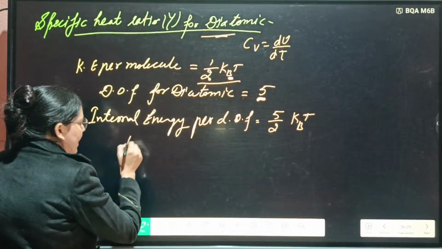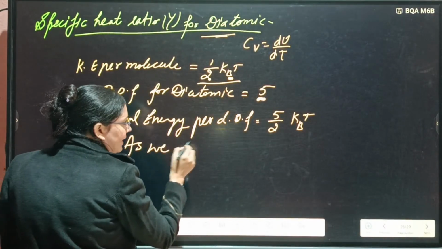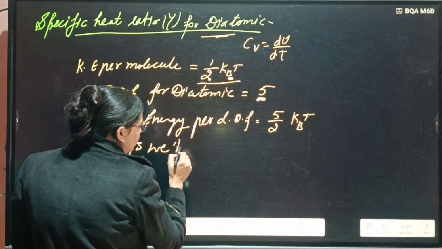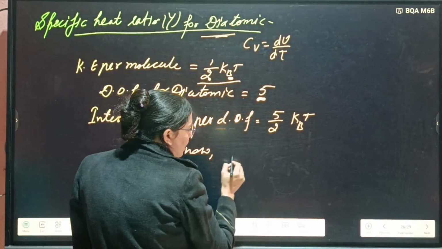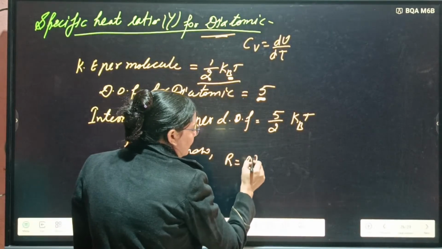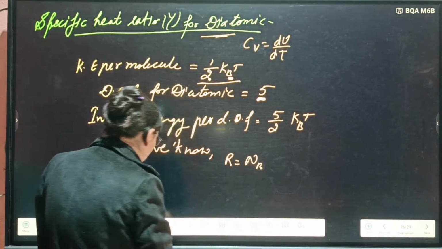So as we know the relation between them, your R and kBT, as we know R is equal to N, Avogadro number